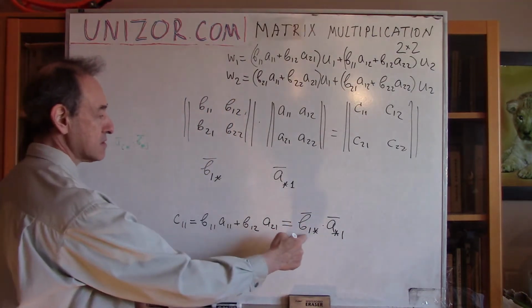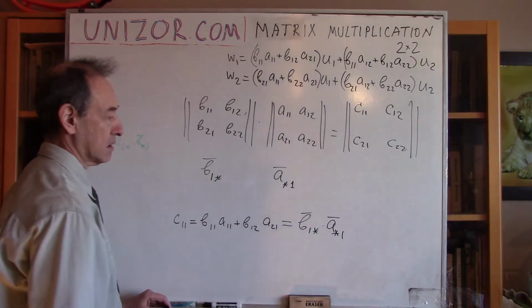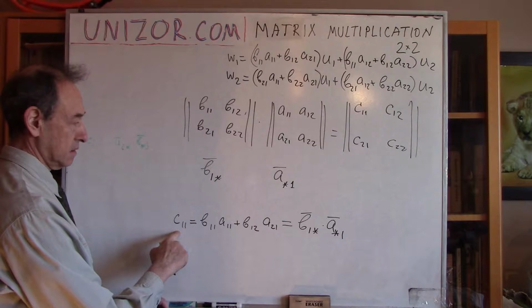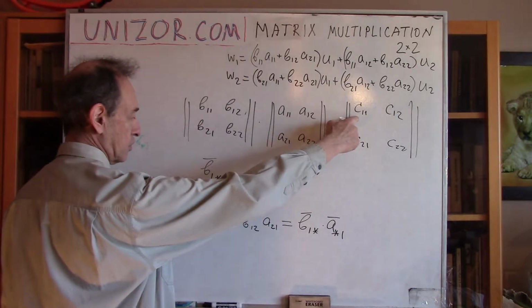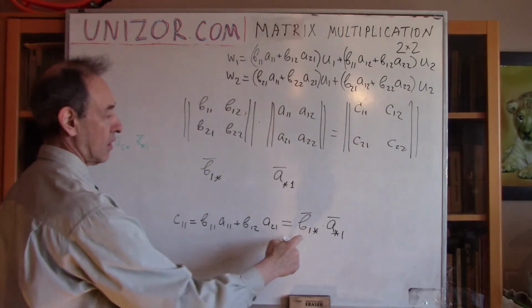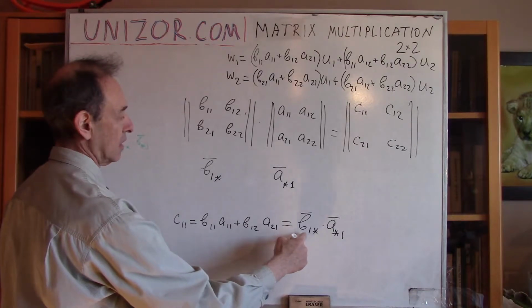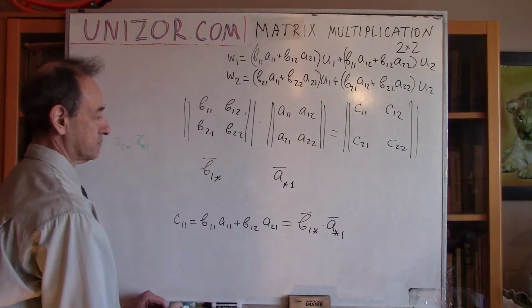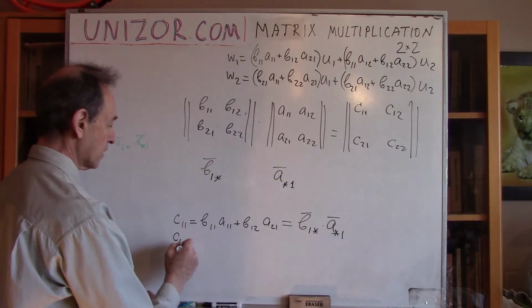So I'm taking the first row multiplied by the first column vector. Again, C11 equals the scalar product of the first row vector and the first column vector. Similarly, C12 is equal to